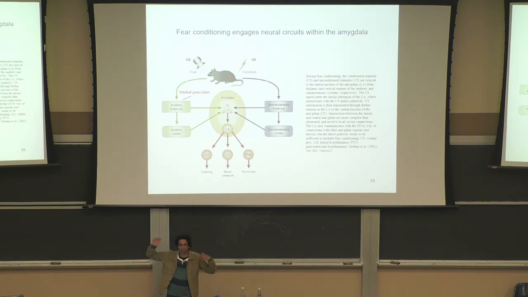So the behavior was known, and then to understand what was happening, there was a group at NYU, New York University, where Professor Joe LeDoux and his group figured out which pathways were involved in this. They knew it's the auditory tone, so it has something to do with the auditory pathway. Then they very carefully lesioned each relay of the auditory pathway until figuring out which one was blocking the fear conditioning. And what they found is that the most important site of plasticity was the lateral amygdala.